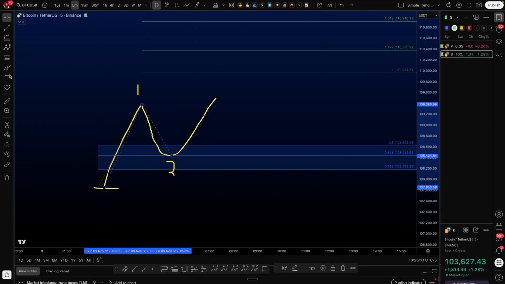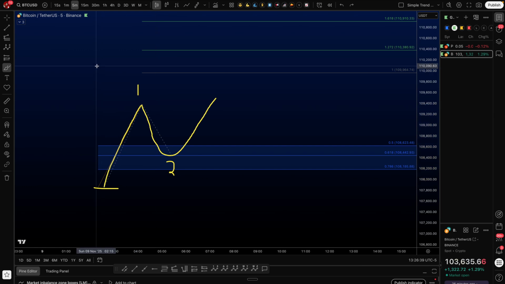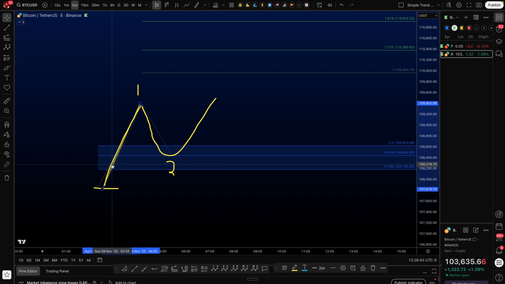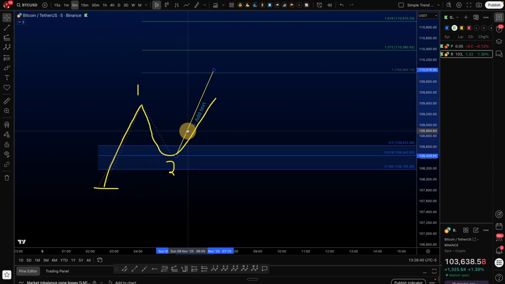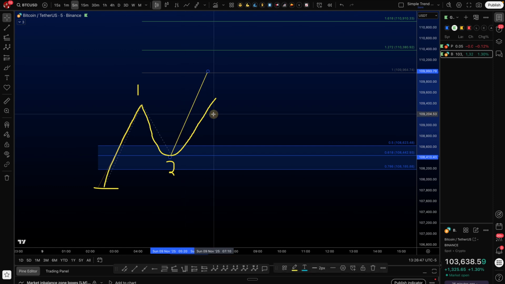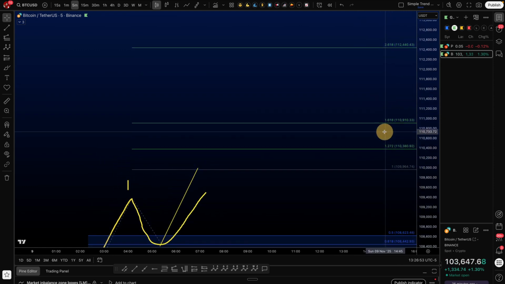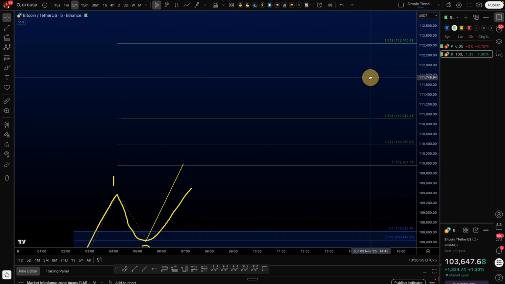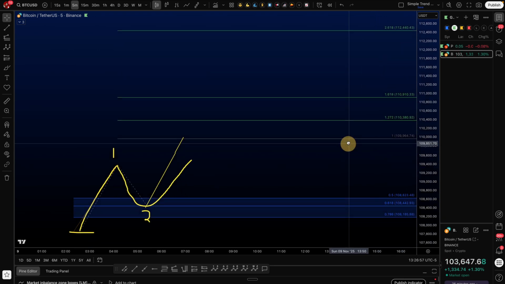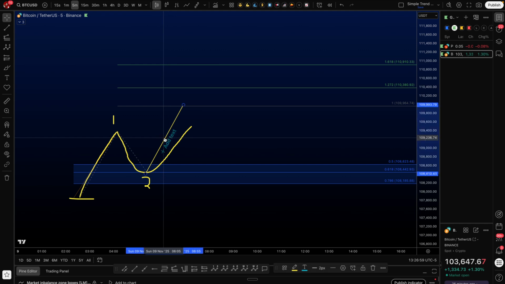I measured this, and then I took that measurement and placed it at 2. It's just similar to what I did with the stick, but the benefit of doing it with the measuring tool is that here I am right at the 1 level, and now I can see where the 1.618 level is, the 2.618 level, the 3.618 level, right? I can see all those other levels up there,